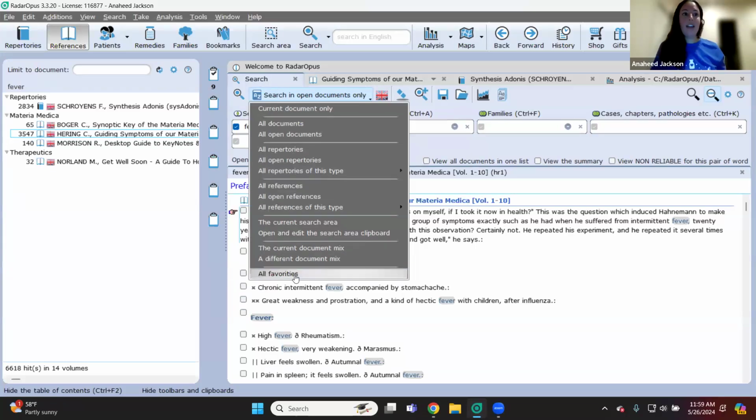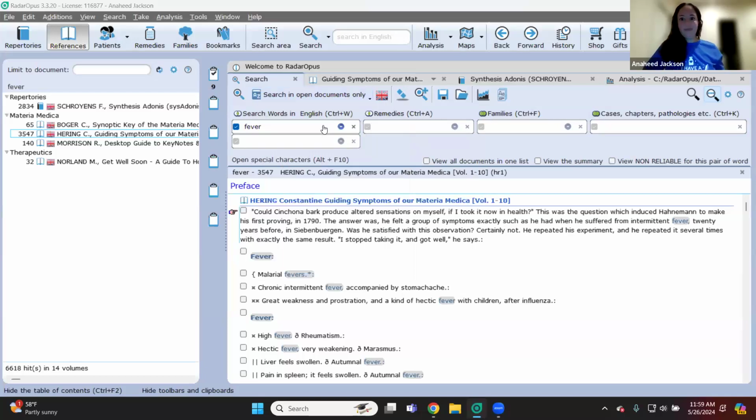You can also, I don't know how to select favorite books in here, but I know that there's a very easy way too. But you can just say all favorites if you have favorite books that you select. Yeah, you're welcome. Okay, so that's a way that you can cut down on all of the fluff if you don't like other books. Although I have to tell you, I mean,